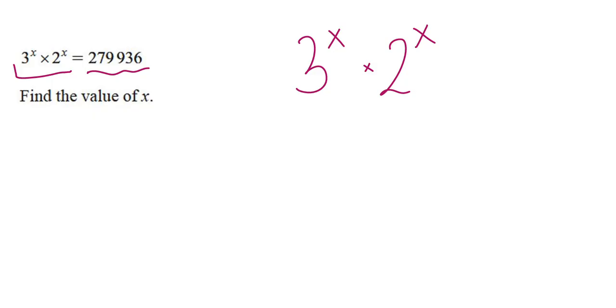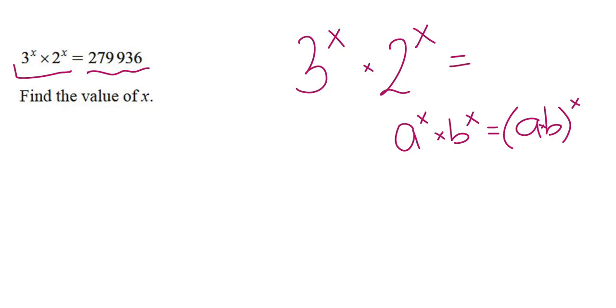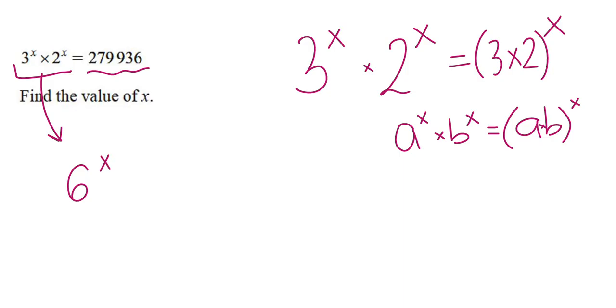They do not have the same base, but they have the same exponent. There is a rule in algebra that says a to the power of x multiplied by b to the power of x, we can combine a and b to the power of x. So we multiply a and b to the power of x. What does that mean? We multiply 3 and 2 and then to the power of x. So instead of writing this, we can say 3 multiplied by 2 is 6. 6 to the power of x is equal to